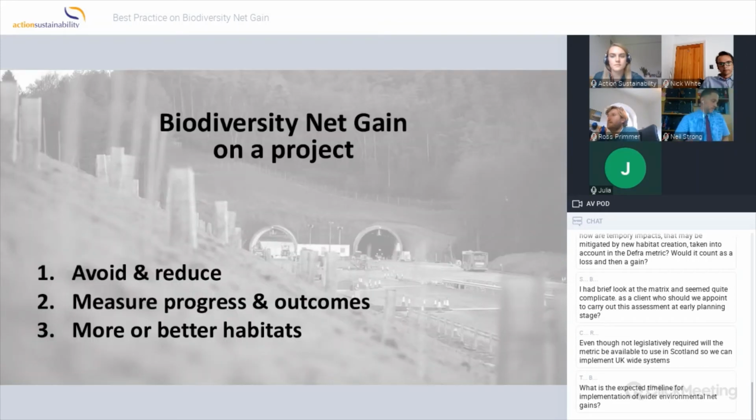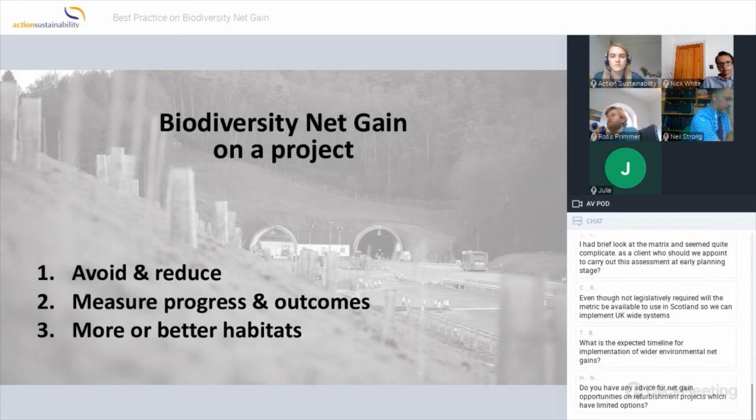So when it really comes down to a project, take all of those good practice principles, all of them, and that's our benchmark to measure ourselves against. But my three top tips: avoid and reduce, get contractors on board early, get everyone around the table and come up with those joint engineering solutions that can really make a difference. Use the metric as early as possible.